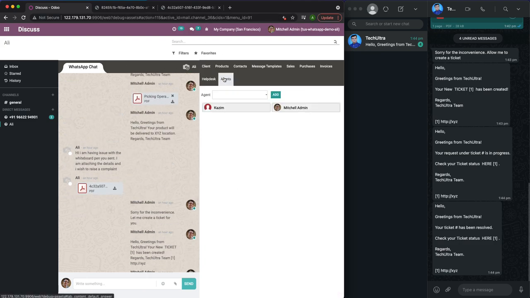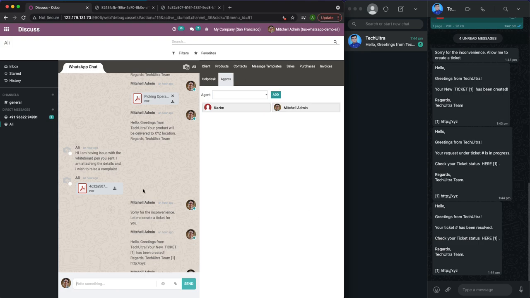Now there is one more feature like this agent. For example, let's say from the company side, a sales manager is dealing with the customer. Now he wants to add a sales executive who can take the call further or close the deal further, so he'll add the agent. Once this agent is added, from his desk he can log into the Odoo interface, see all these chats, and communicate with the customer further.